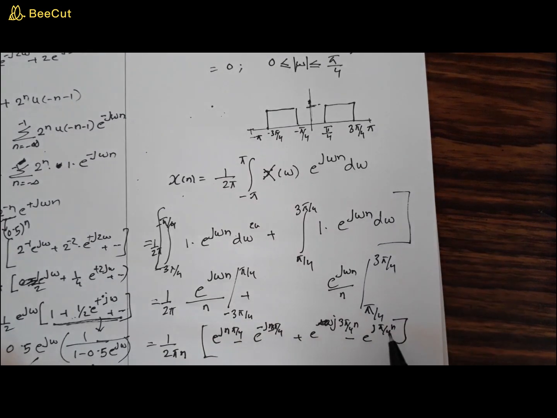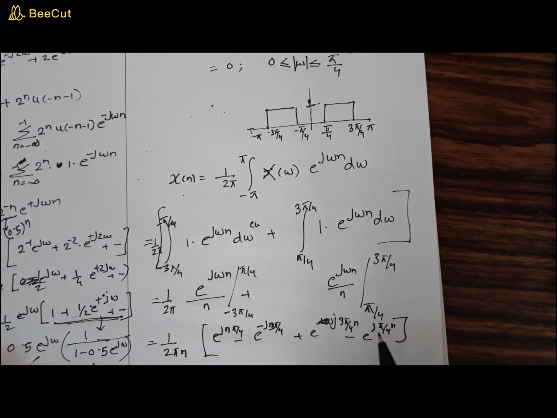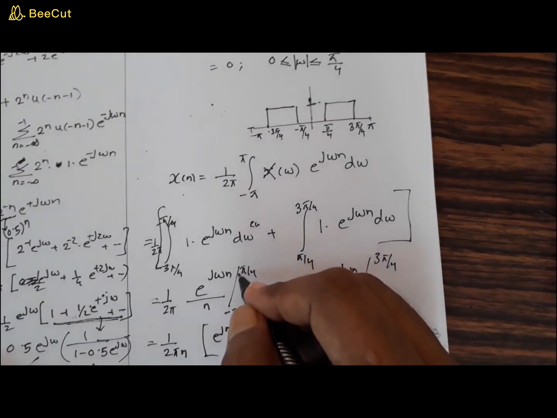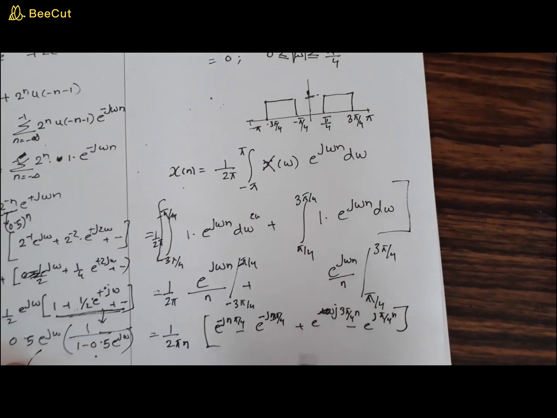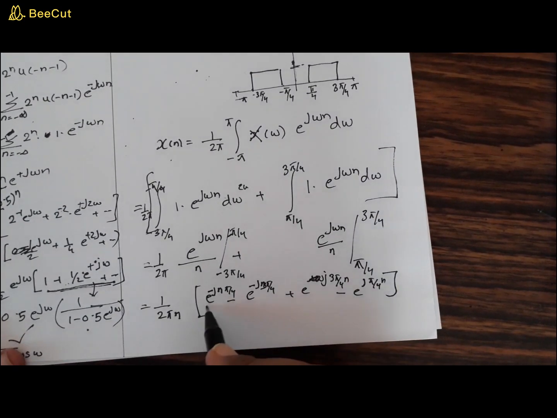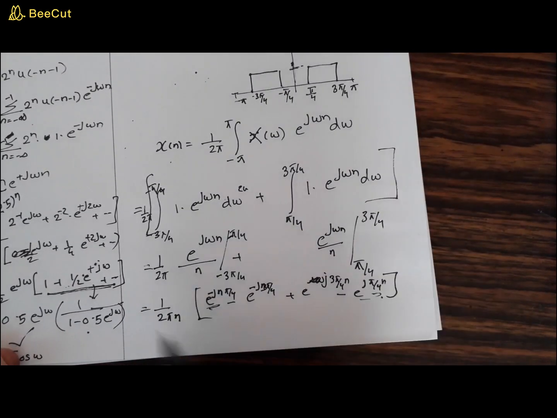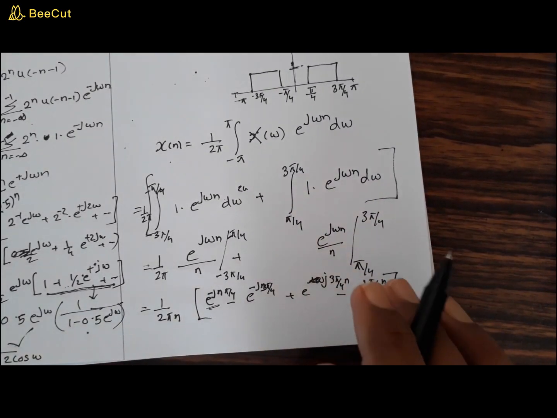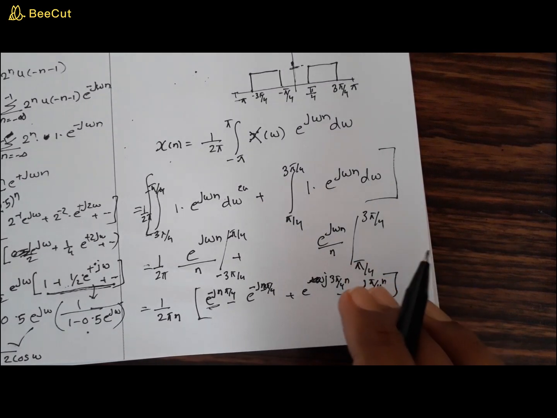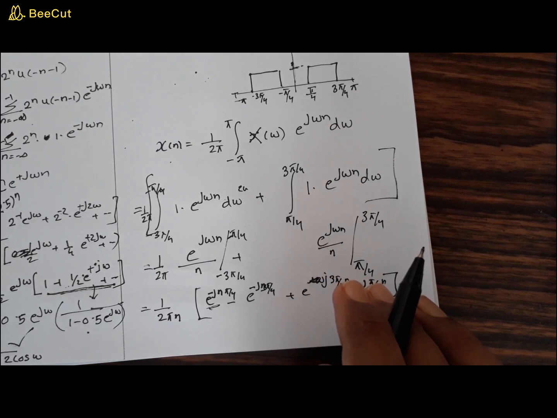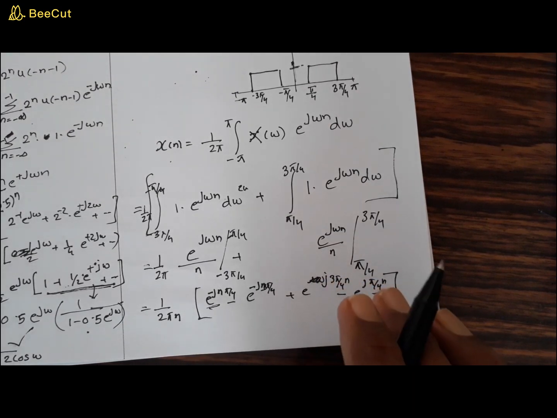e raised to j n pi by 4 minus e raised to minus j n pi by 4. So here it will be minus, this is minus pi by 4. Okay, so this will be minus. So you can combine this minus and minus. Okay, you can take the negative sign, so you can convert that. Now what can you apply? Apply this. Apply the